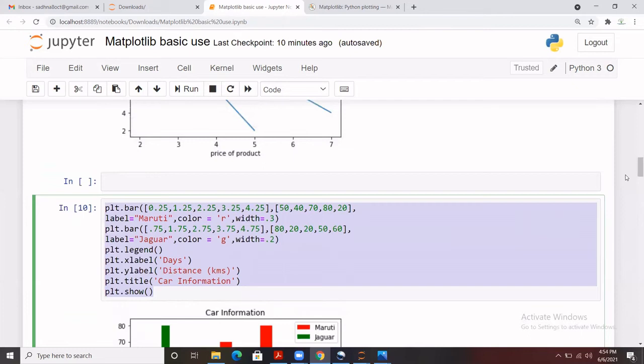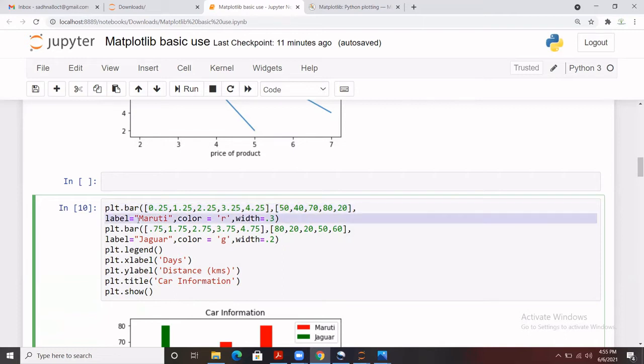But in case you want to make changes to the color, let's say you don't want blue or the default color, you want your own customized color, or you want to customize the width of your bars and all, you can do that as well. And there are some more things that I'm going to explain here. First, you see plt.bar, I have directly passed the x and y axis data. That should be equal, I mean, these are the 5 values and these are the 5 values.